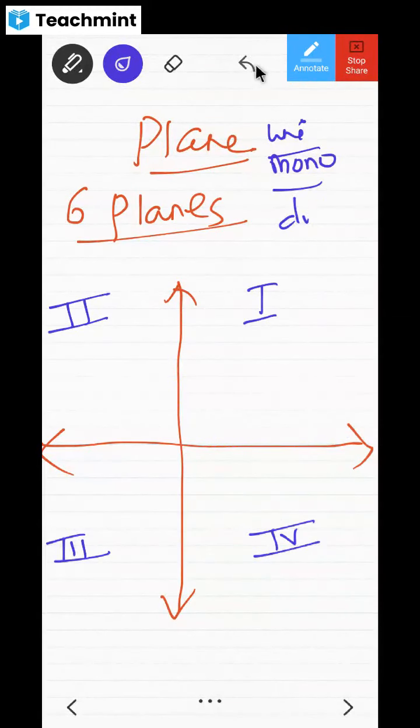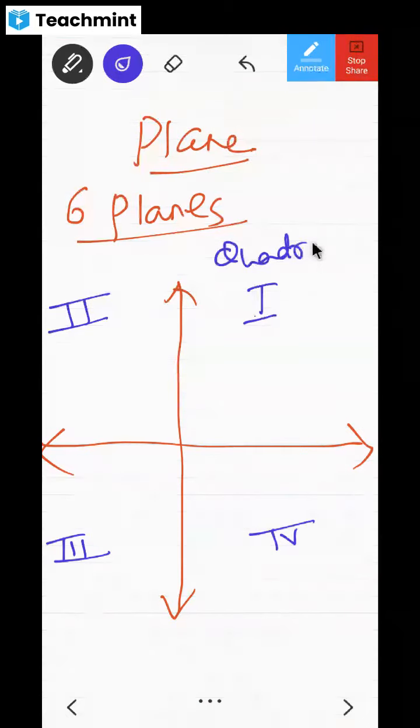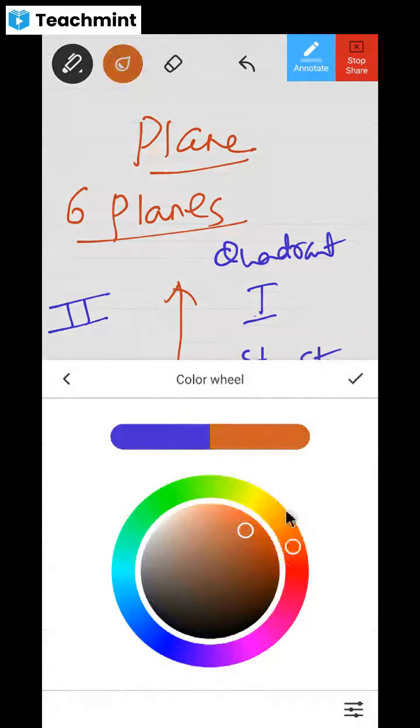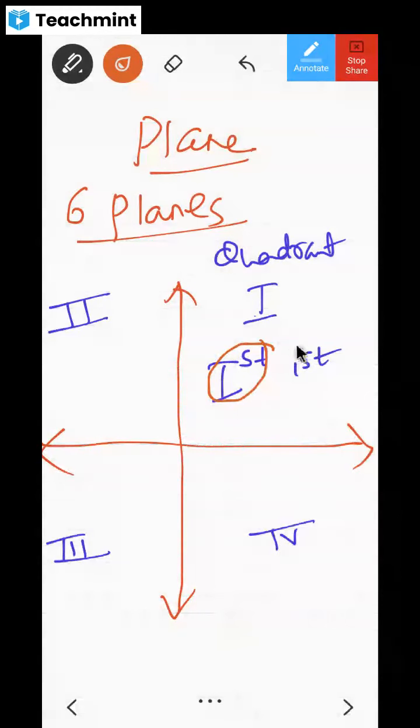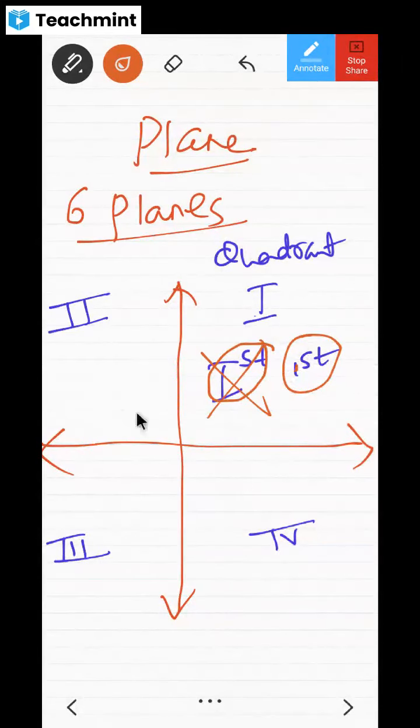So that's why we call it quadrant number 1. This is called quadrant 1, or usually we call it the first quadrant. Now, should I write it like this, or like this? Which one is correct? Tell me, dear children. With the Roman letter, should I use ST, or with the English letter? With the Roman letter, sir. With the Roman letter, this is wrong. We should not use it like this. This is the wrong method of writing. If I want to write fourth, this is the correct way of writing. We should not use the Roman letter. Clear?